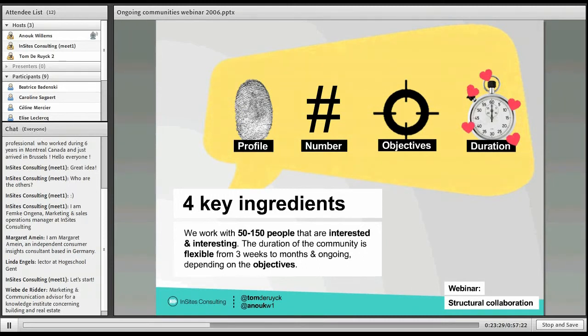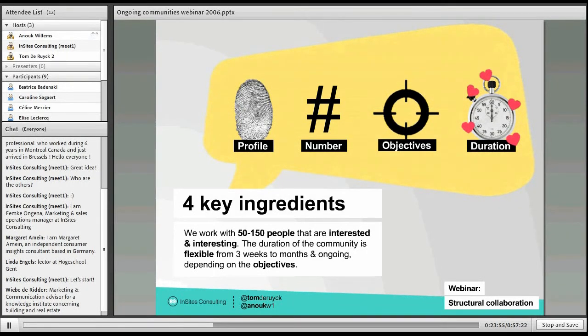And we calculated that we need between those 50 and 150 people to generate this 30 posts per thread. And not by accident, this happens to be the same amount as researcher Robert Dunbar has found when he was doing research on the maximum amount of social connections that people can maintain. So they also call this the number of Dunbar. So that's second, we need between 50 and 150 people.